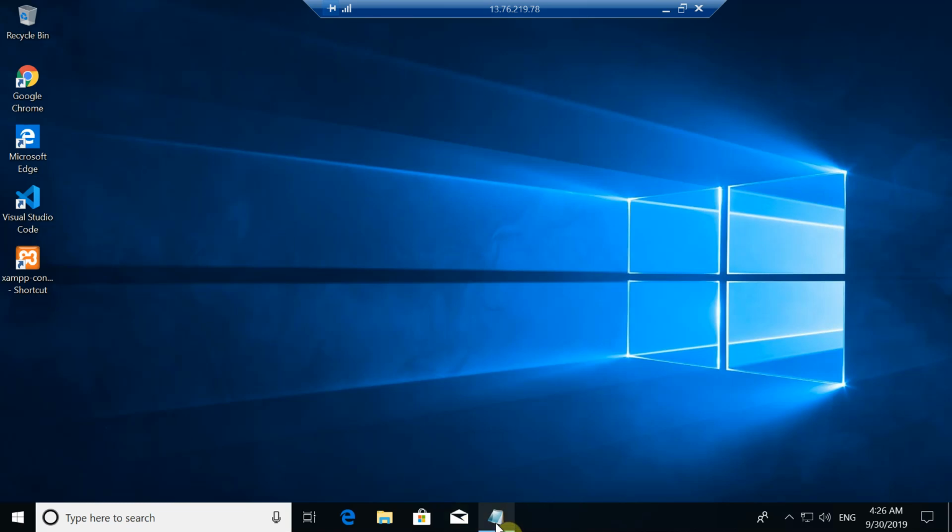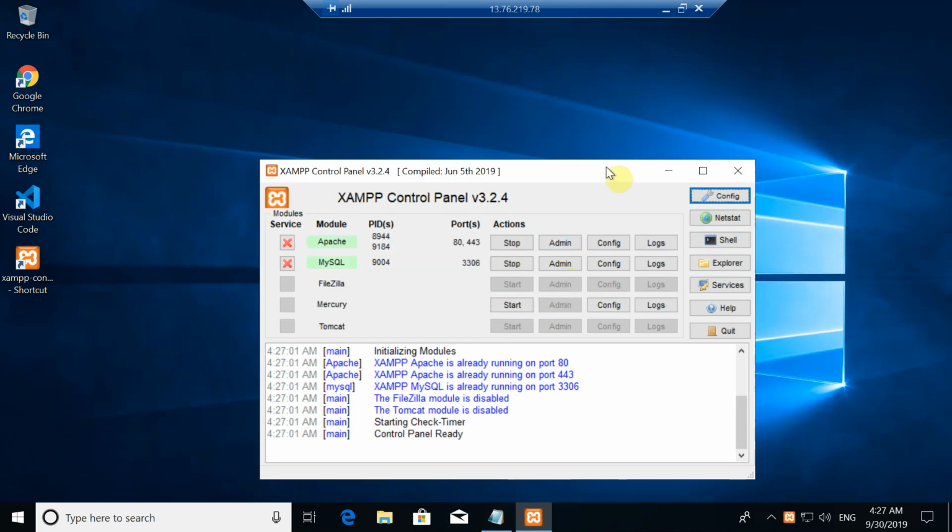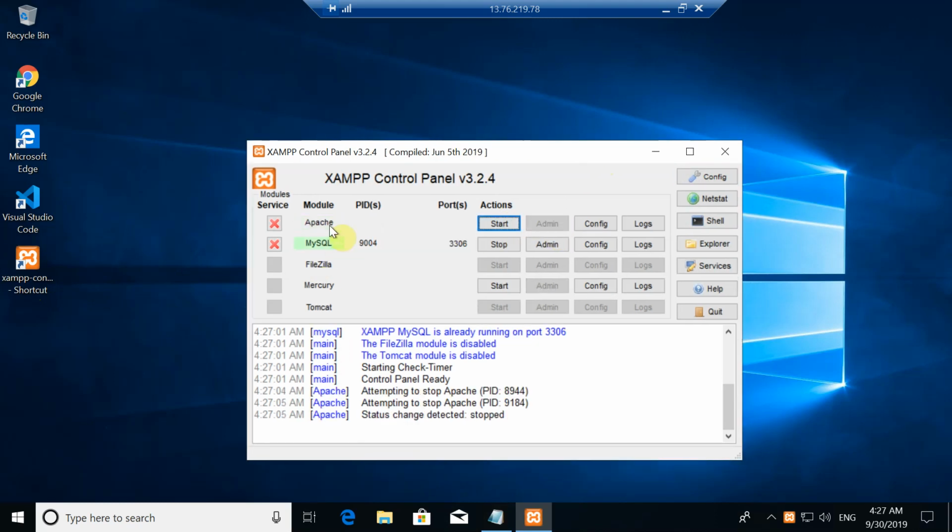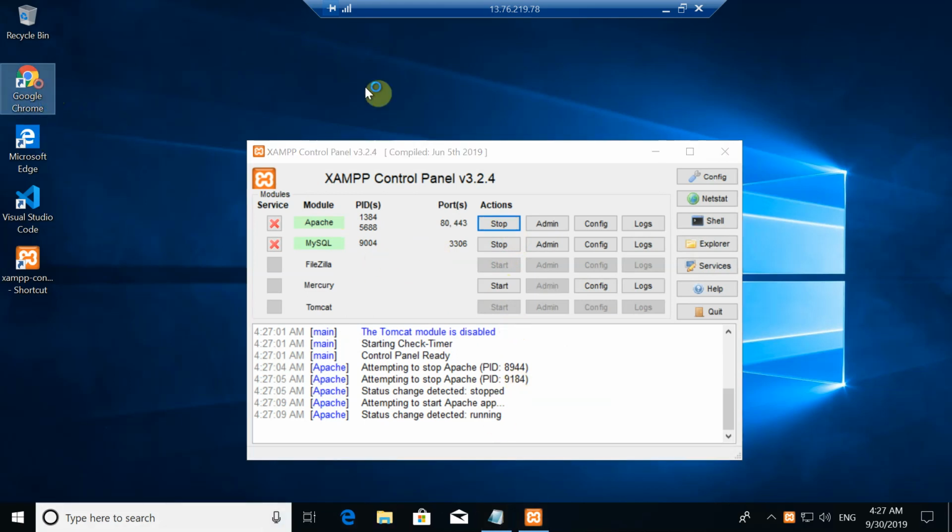So let's try to install PHP Xdebug. To install PHP Xdebug, what I'm going to do is first bring up the XAMPP control panel and then start both my Apache and MySQL. So both the web server and the database server are started, although we don't need the database server at this point. And then I'll go to the browser